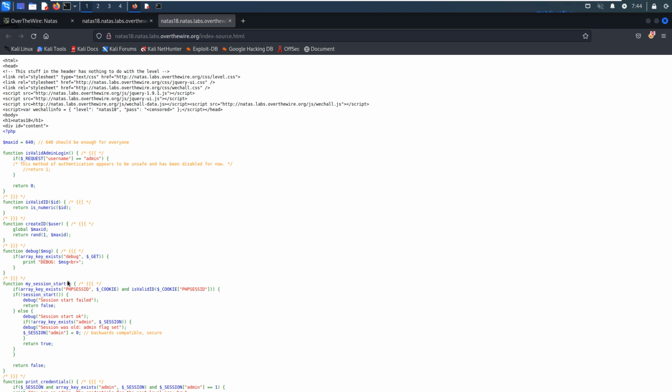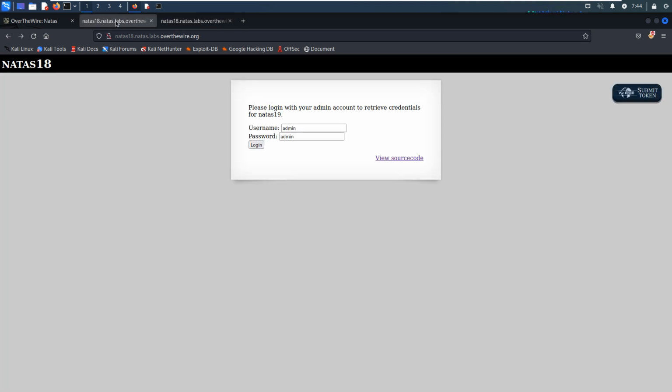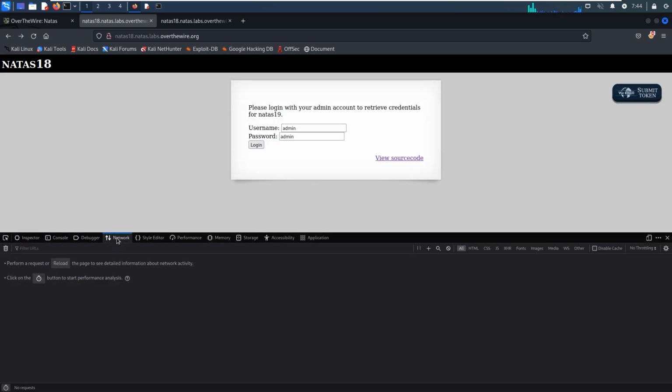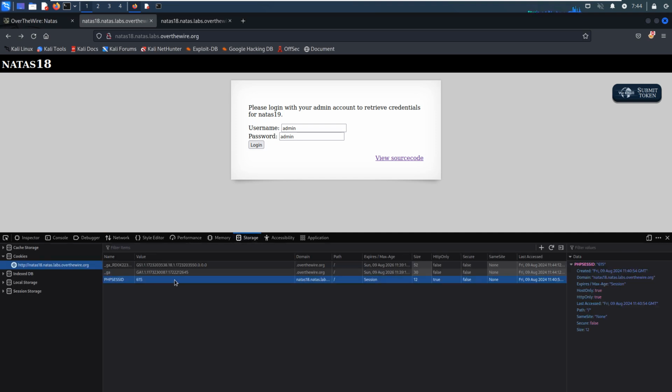So how do we proceed? Maybe we can go back, open up inspect, and go to the network or storage tab. As you can see over here, this is the PHP session ID, and this information is within the cookie.